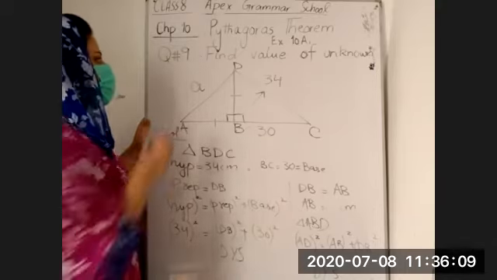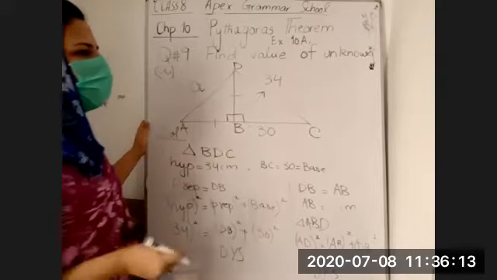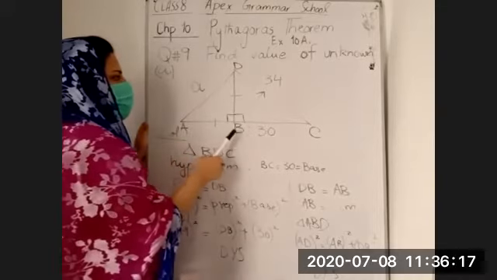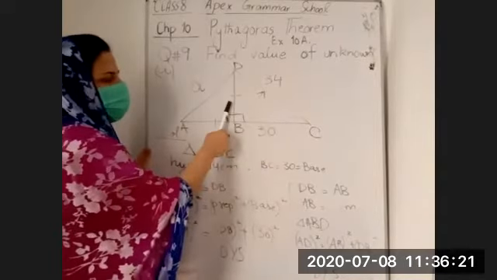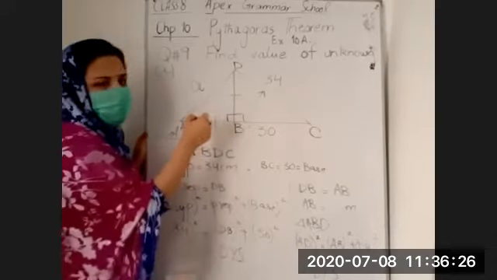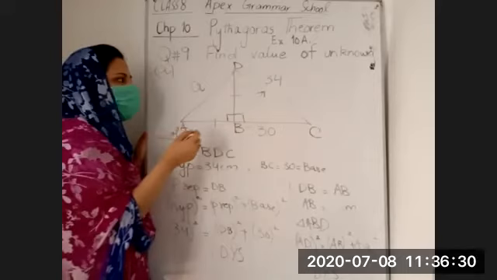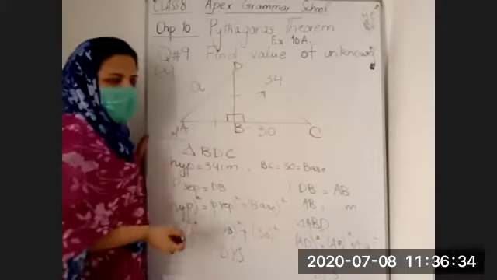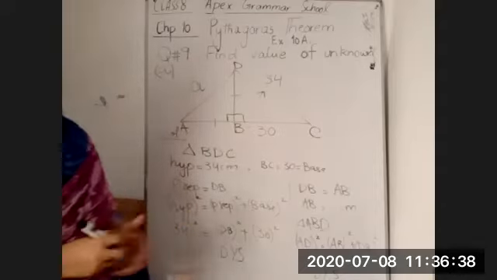Again, I'm going to repeat whatever I have done in question number 9A part. In question 9A, you are given a shape which consists of two triangles. In the first triangle, I have taken the triangle BDC, by which I have found the value of the perpendicular using the Pythagoras theorem. Because these two lengths are the same, the value of DB will be the value of AB. So by taking the triangle ADB, you have to find the value of A by yourself. I'm giving you 2-3 minutes to note down this one so that I can start the other one.